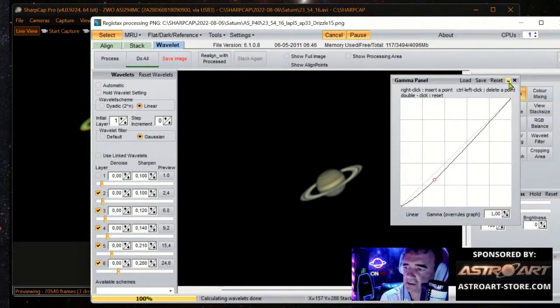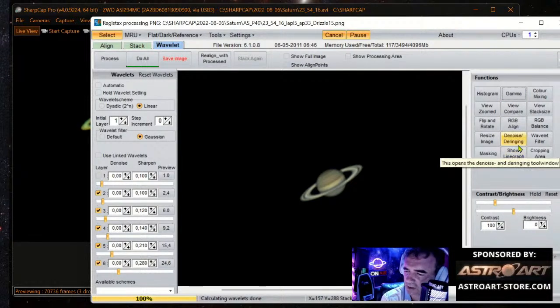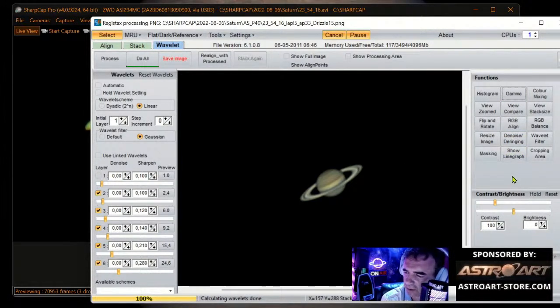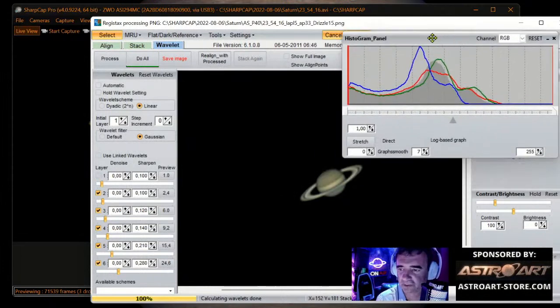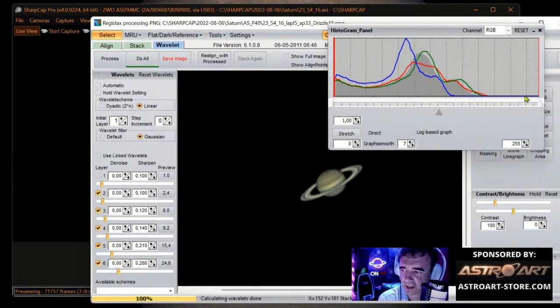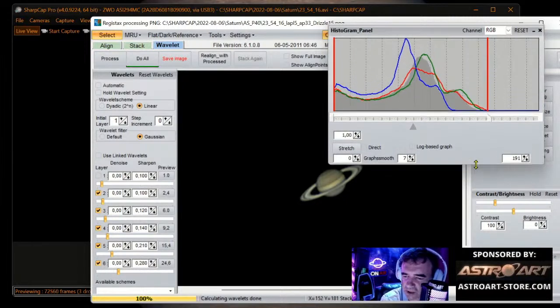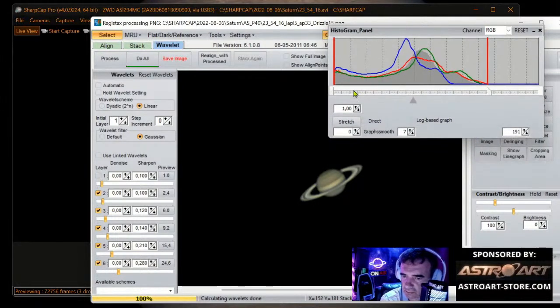I like this. Okay, and then what do I do more? Histogram also. You can use the histogram to see if... I trial and error, and then if it's not, let's try like this. Let me remember how this works. Let's cut here at the left, and now click on stretch.